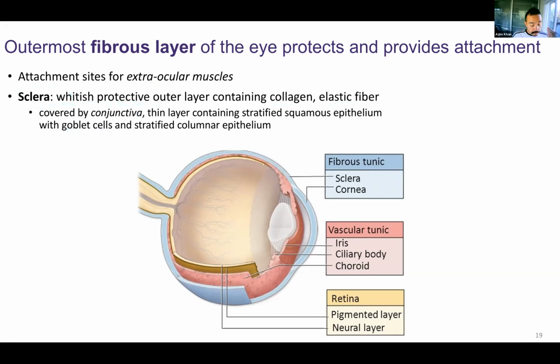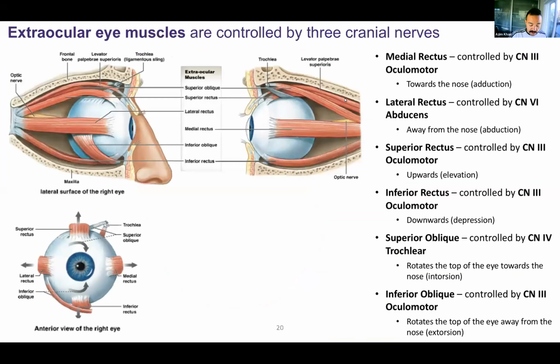So the sclera is part of the fibrous layer, the whites of your eye. That's not the only part of your fibrous layer. Attached to the fibrous layer are those extraocular eye muscles. Remember that there are 6 different muscles that move your eye. There's the medial rectus on the medial portion of our eye, assuming this is the right eye. The medial rectus is controlled by the oculomotor nerve. The lateral rectus